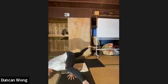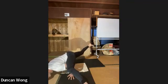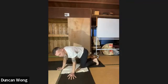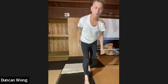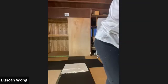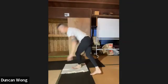4, 3, 2, 1. Kick out to Scorpio. You want to go out, take Scorpio. Standing Adho Mukha Vrishikasana. Standing downward facing Scorpio for 5,